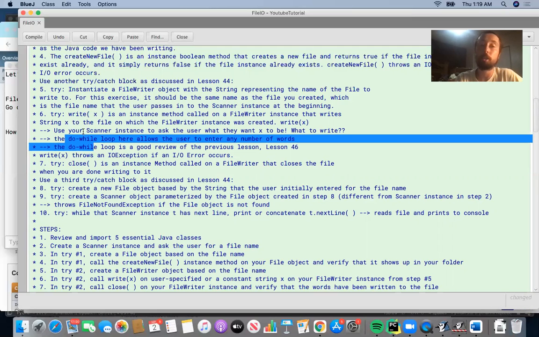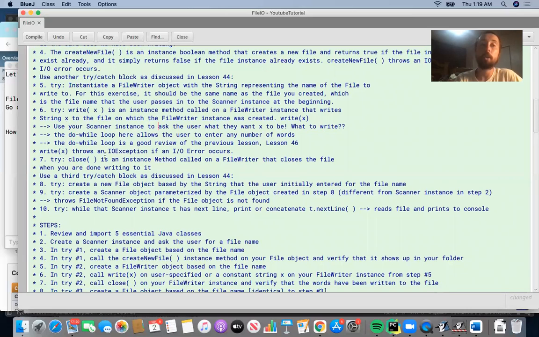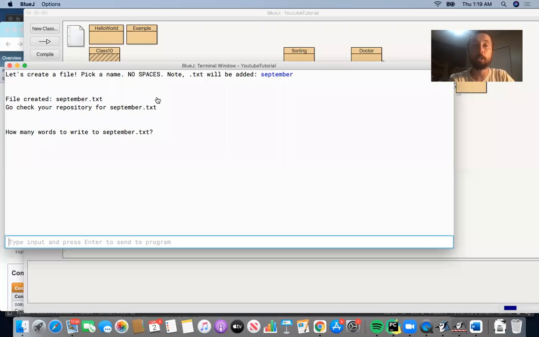You can use another scanner instance, ask the user how many words they want to enter, and then ask them for what those words are going to be. Okay, and then you need to go ahead and close the FileWriter instance once you're done with it, and you put all of those into a try block, and you just catch an IO exception, so that if there's any issues with inputting or outputting, if there's any issues with writing to the file, we can go ahead and prevent a runtime error, and we can catch that ahead of